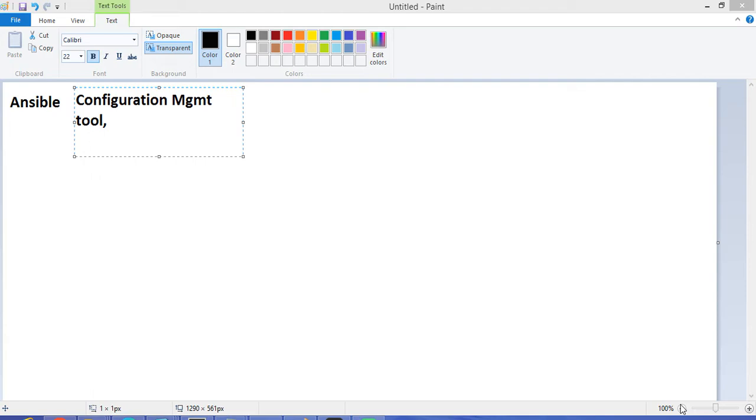Let's say if you want to install Apache in 100 servers, so what you will do? In general, you will log in into all servers and then you will install the application manually, right? But by using a configuration management tool, you can automate this by a single playbook. You will write a small line of code and you will execute it in the Ansible server, and it will deploy in all the 100 servers. So it's very easy to use,